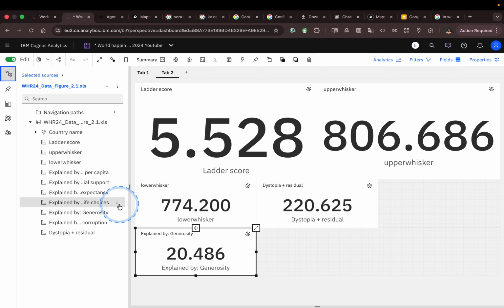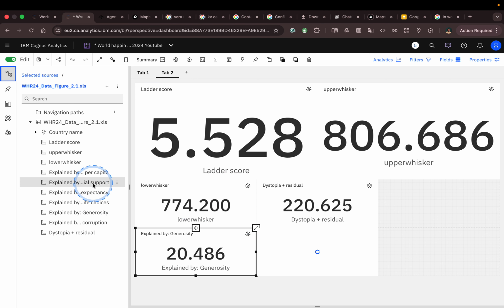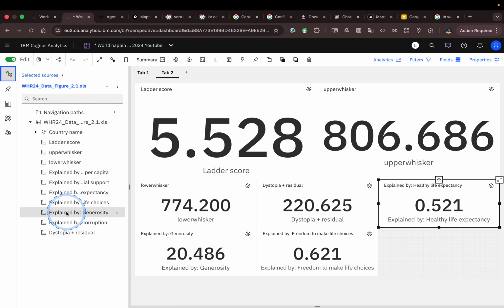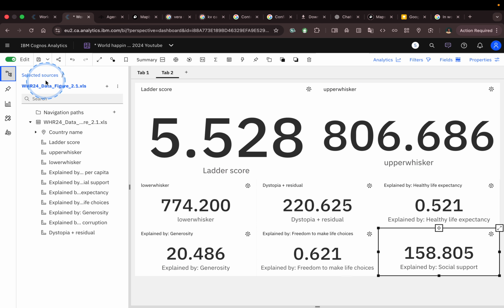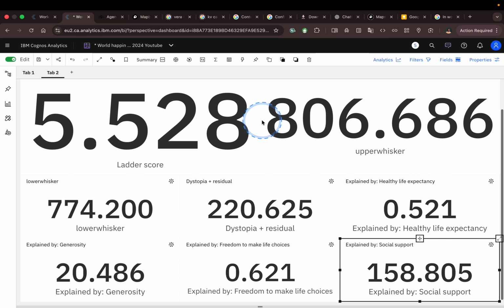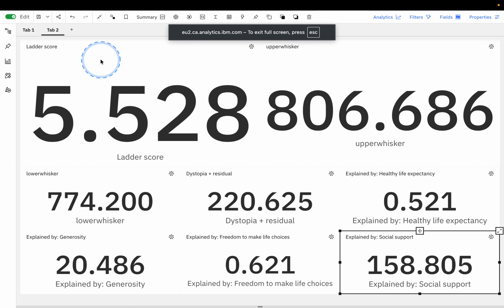Okay, so generosity, life choices, life expectancy, I think financial support. So those are our data source. Let's have a look at our data from the screen. So this may not make sense to us right now.